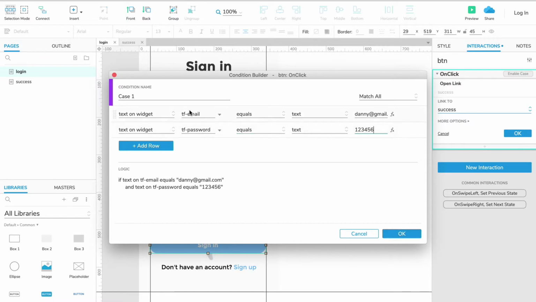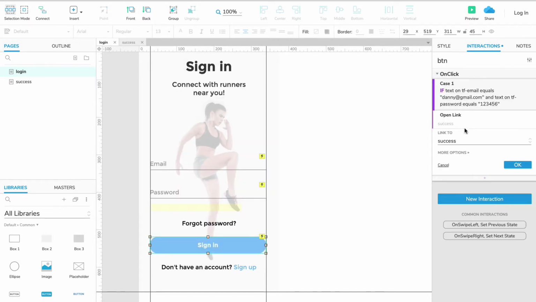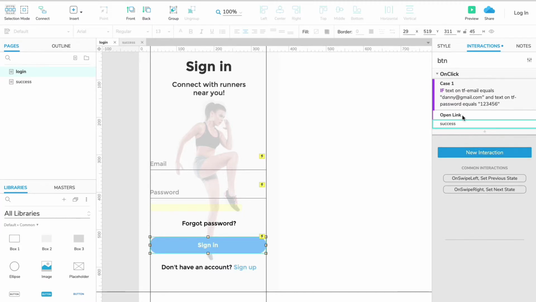Okay, so if these actions here or cases are true, we want to open the success screen. In case it's not okay, or you don't enter this information here,